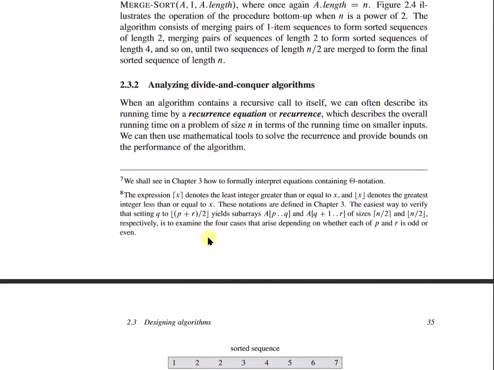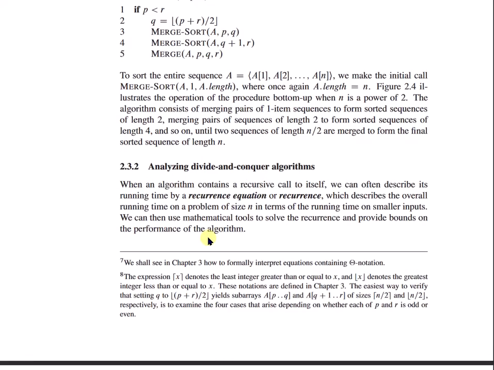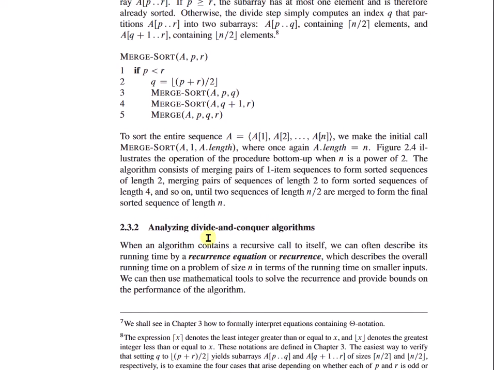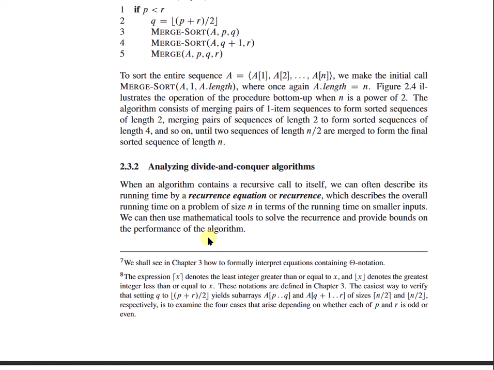The expression ceiling of x denotes the least integer greater than or equal to x, and floor of x denotes the greatest integer less than or equal to x. This is the ceiling and floor. These notations are defined in chapter 3. The easiest way to verify that setting q to floor of p plus r by 2 yields subarrays of